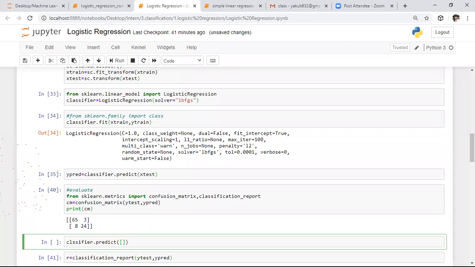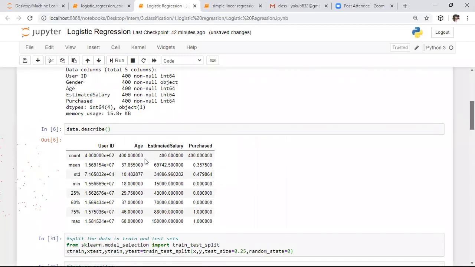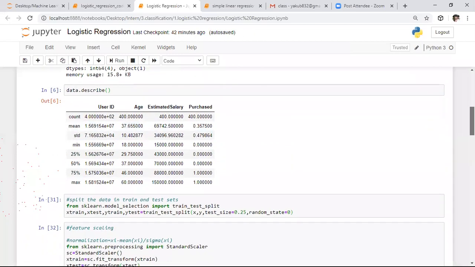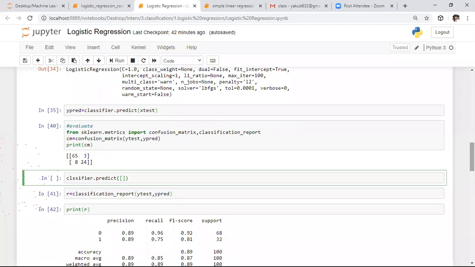Wait a minute, we need to check the parameters. Here we trained the data set by using age as well as estimated salary. So I want to specify age as well as estimated salary, and I want to predict the outcome. We need to give those values in the form of an array.